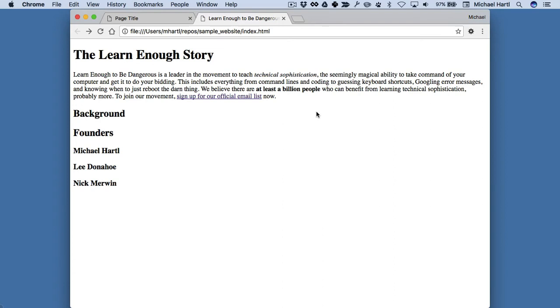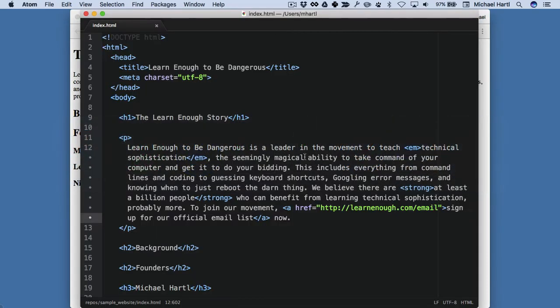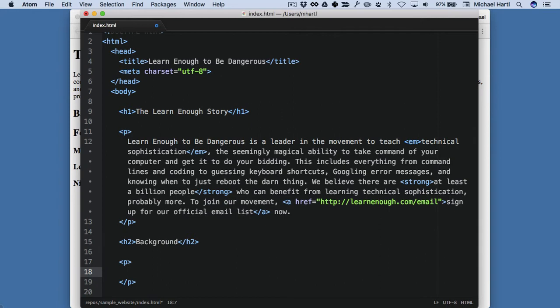Let's put everything together by adding a paragraph that has links and formatted text. This will help us reinforce the material from this section and the previous section. Let's go here. This is going to be under background. I'm going to put in a paragraph tag with some information about Learn Enough to be Dangerous. Learn Enough to be Dangerous is an outgrowth of the Ruby on Rails tutorial, and I'm going to put in